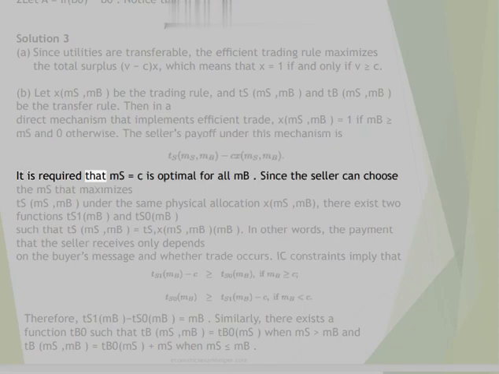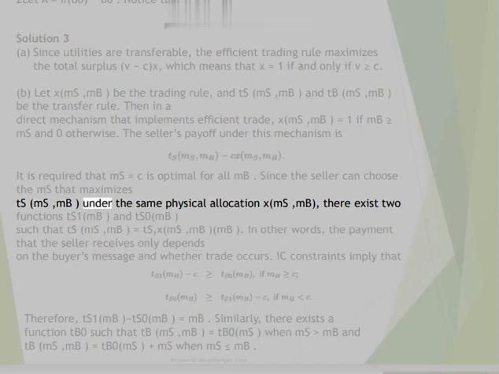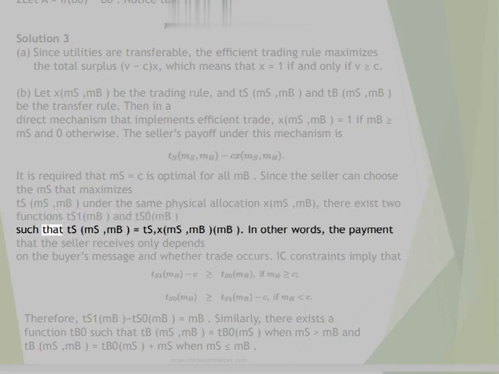It is required that m_S equals C is optimal for all m_B. Since the seller can choose the m_S that maximizes T_S(m_S, m_B) under the same physical allocation X^MSMB, there exist two functions T_S1(m_B) and T_S0(m_B) such that T_S(m_S, m_B) equals T_S X